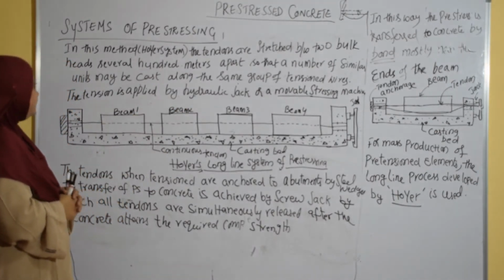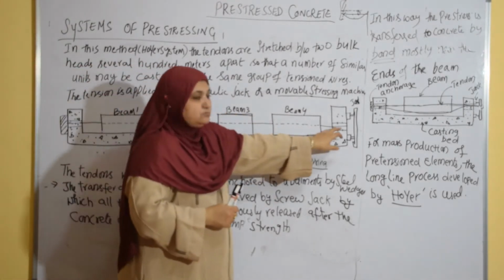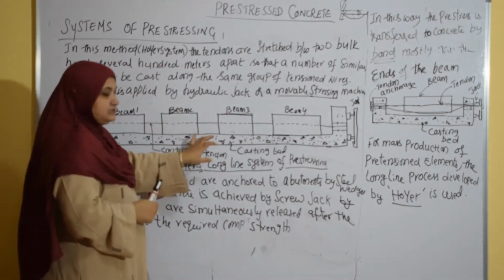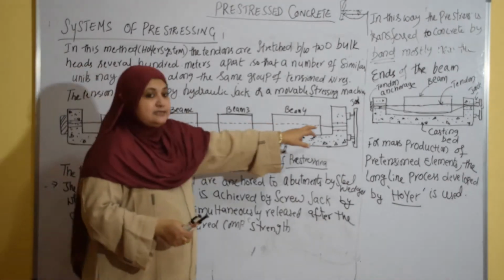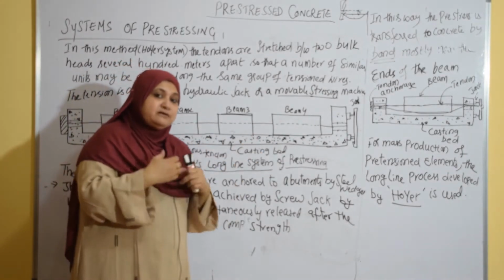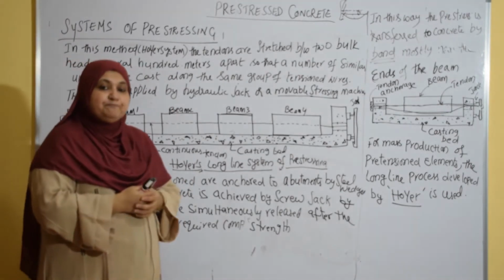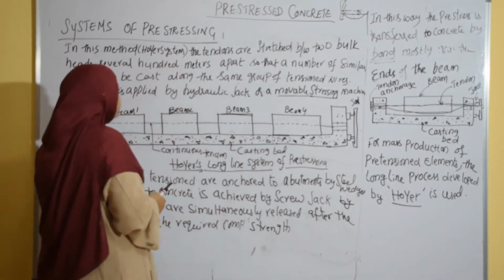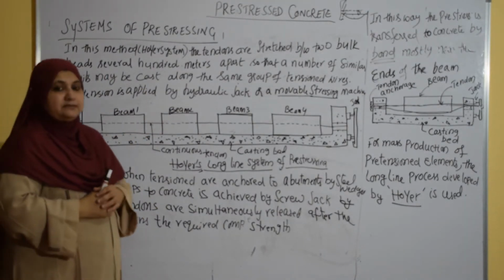But still let me explain. In this method, the tendons are stretched between two blocks. They are called anchorage blocks. They are two bulk heads, or you can simply say anchorage blocks. These two blocks are several hundred meters apart. On the board I have just shown you, but in the manufacturing unit or in the industry, these two blocks will be running several hundred meters apart. The tendon is stretched between these two bulk heads,